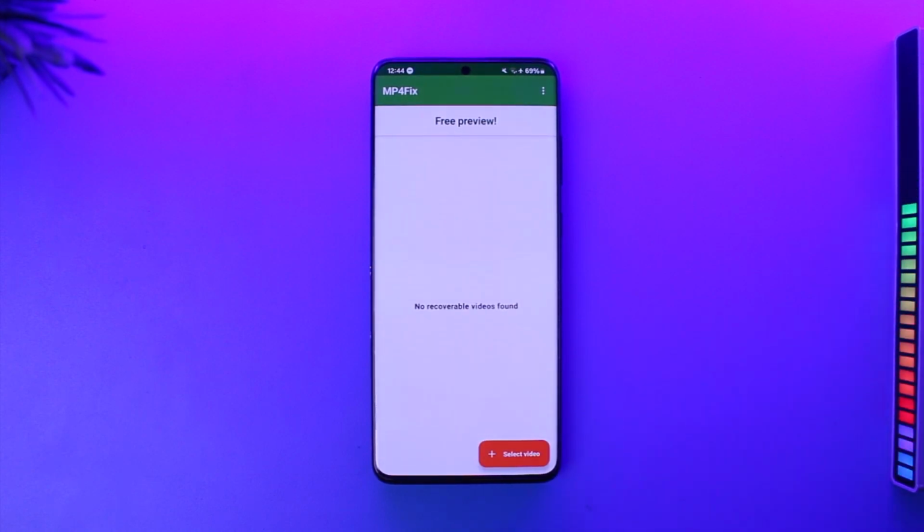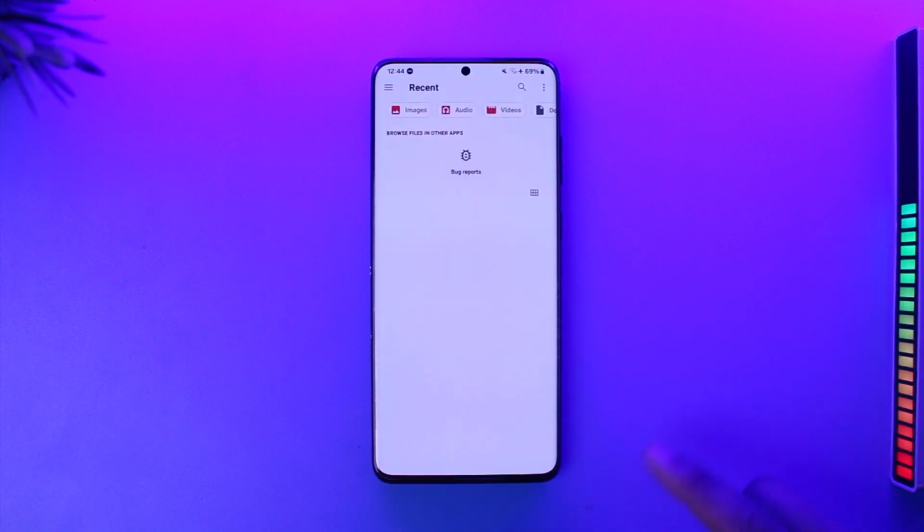Now in my case I don't have any video that are corrupted, but if you have a video that are corrupted, this app will automatically detect those videos. It says no recoverable video files found, even though I have got video, but I can select a video manually